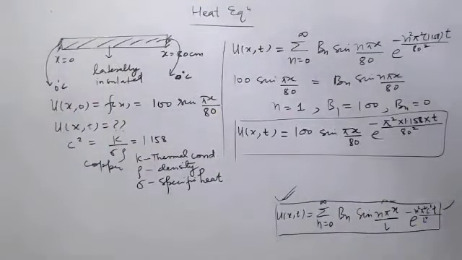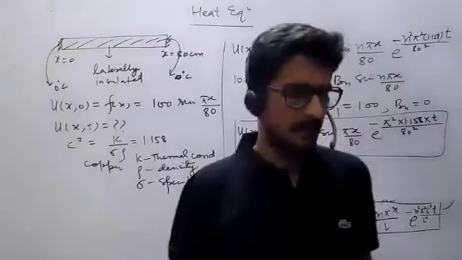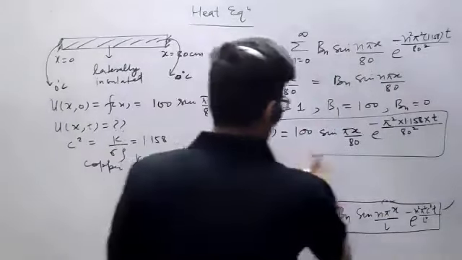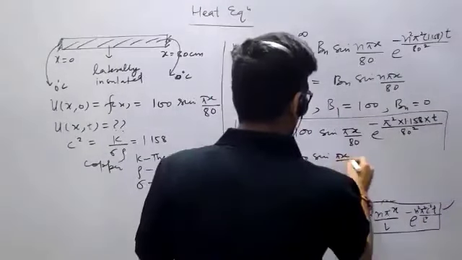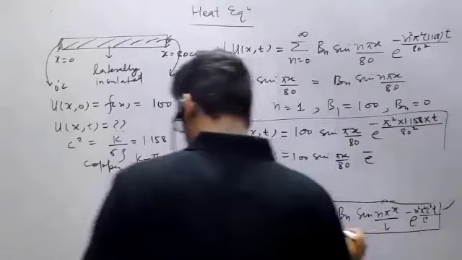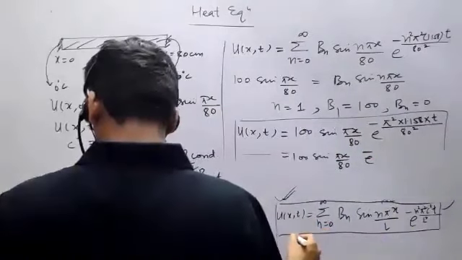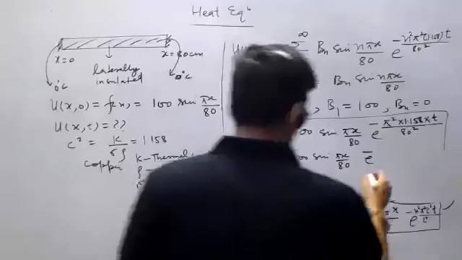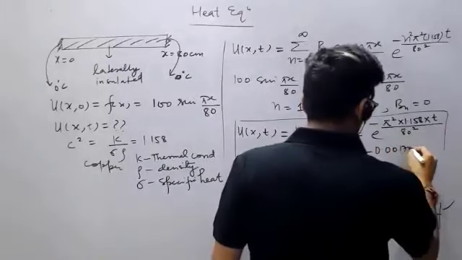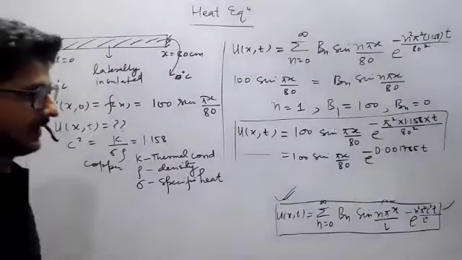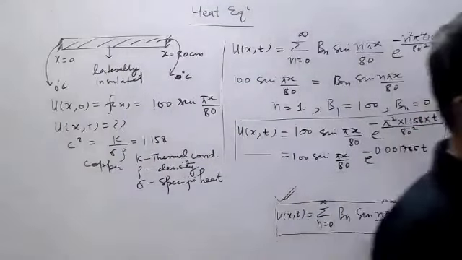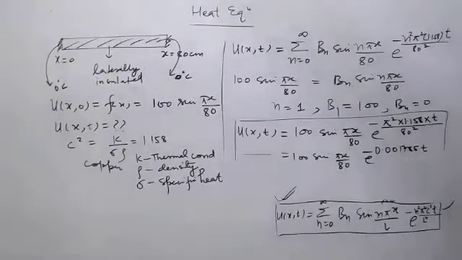इसको जब थोड़ा सा कैलकुलेटर से सॉल्व कर लोगे तो this will become 100 sin pi x by 80 into e to the power minus 0.001785 t. आपको हाथ से कैलकुलेट करना आना चाहिए, स्क्वायर करना, डिवाइड करना, ये सब चीजों की प्रैक्टिस आप अपने लेवल पे ही करना। तो ये बड़े आराम से 5 मार्क्स का क्वेश्चन बन सकता है।